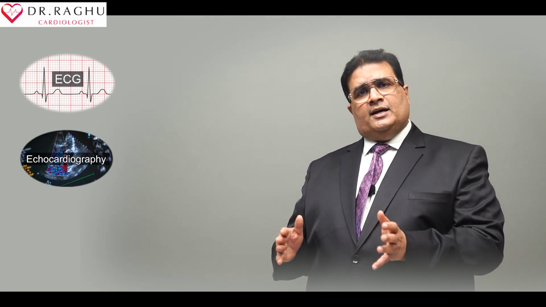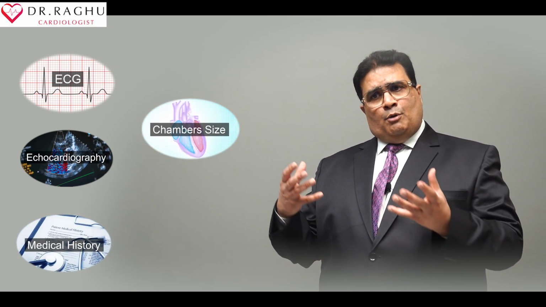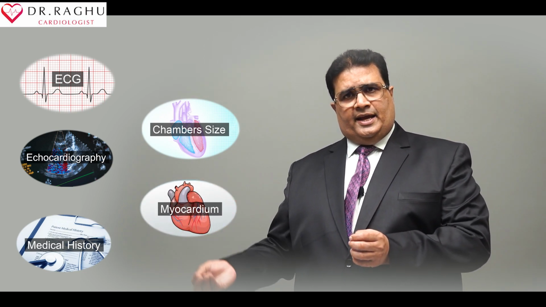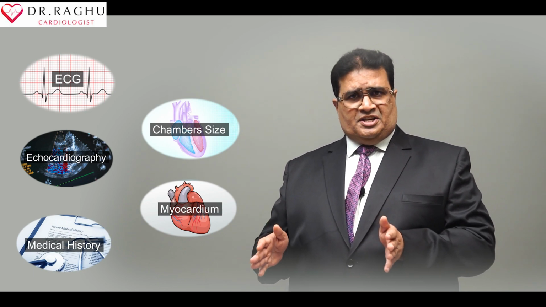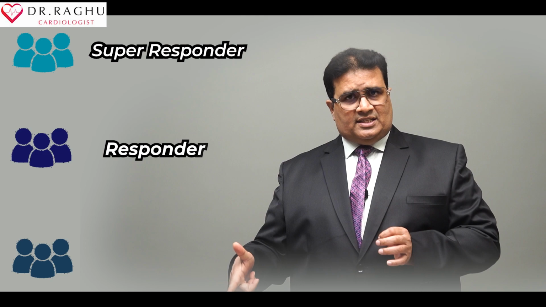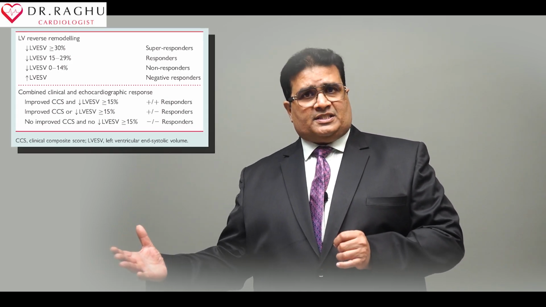We have to determine that based upon the ECG criteria, the echocardiography criteria, past patient medical illness, the chamber size, and the amount of scarring of the myocardium on cardiac MRI. Based on that, we can identify and categorize the patients going for the pacemaker into 3 main groups. The first group is the super responder, the second group is the responder, the third group is the non-responder. The super responders are the group where we can expect a 30 to 40% improvement in the